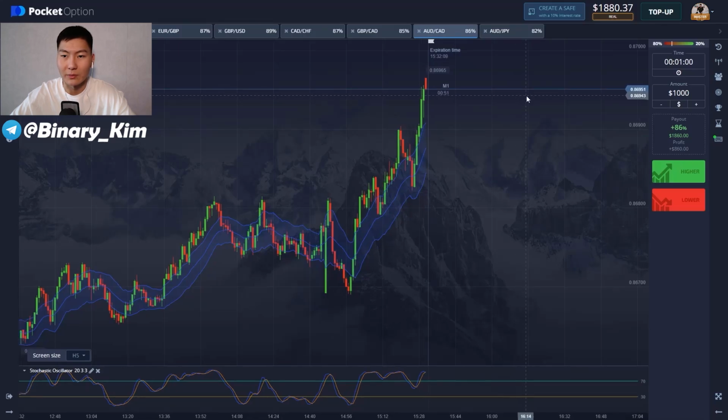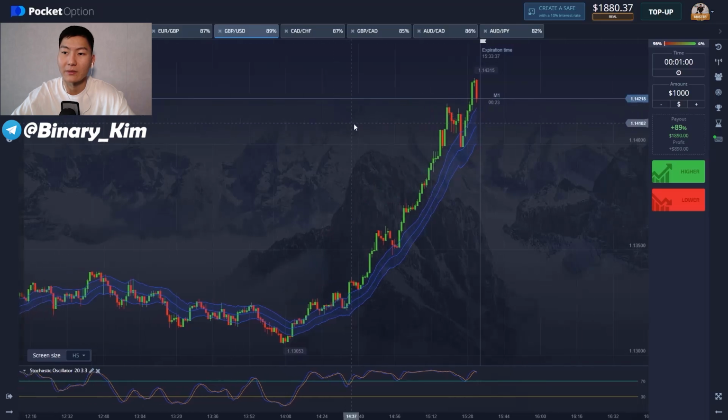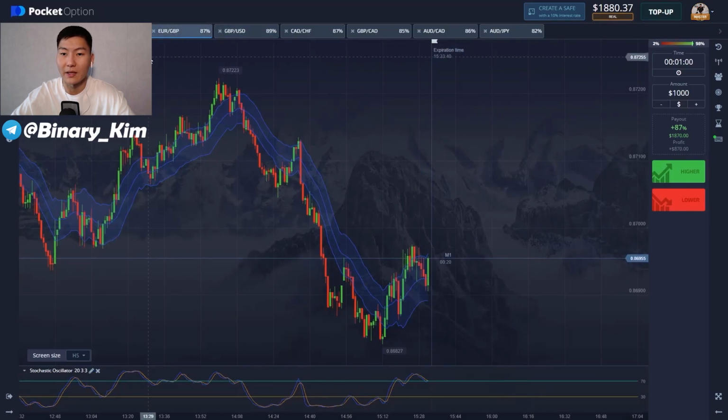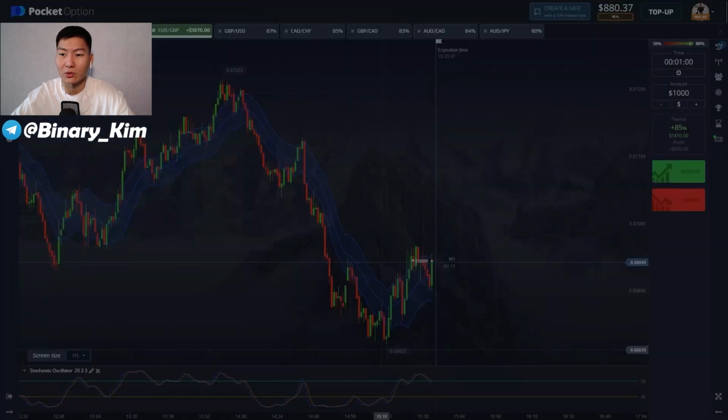Take a look at this pullback. We are gonna play this out and open a short position here. We've missed the timing a little, but it's fine anyway. It's better to open at this level. The downward dynamics takes place here. The crossing on the stochastic has happened, and this correction should be over by now, and the price should go down,